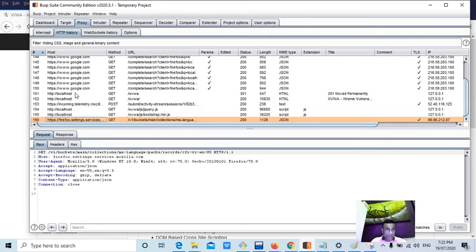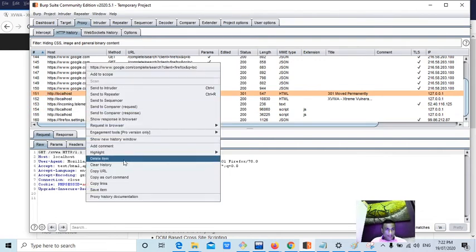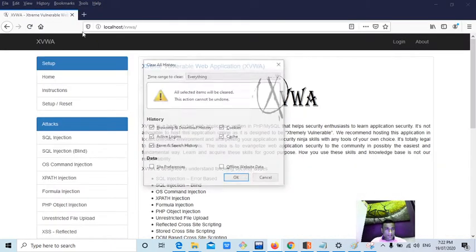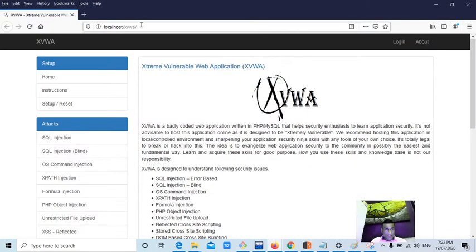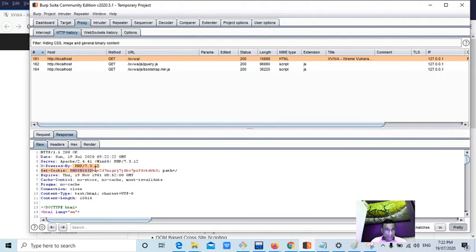I'm just trying to show you some practical example to make it very clear. I'll clear this complete history and this particular site's history. So now if I open this website for the first time, it will set the cookie, right? That particular XVWA is also not setting HTTP only.